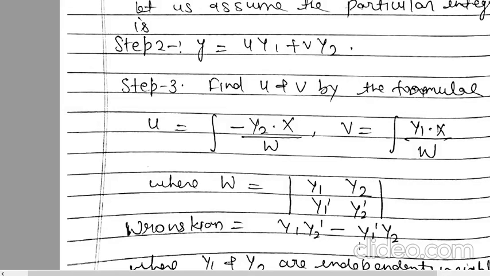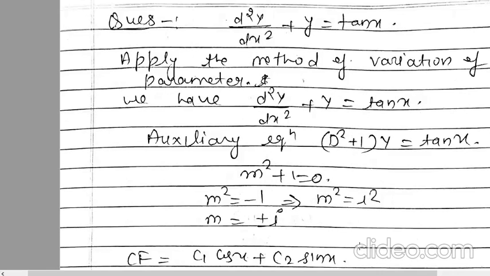So there is an example here: d2y by dx2 plus y is equal to 10x, right? There is 10x on the right-hand side. You can solve this equation by the previous method, but on the right-hand side there is 10x here, so we cannot find the solution easily, right? So apply the method of variation of parameters. In your final semester exam, variation of parameters will be mentioned, right?